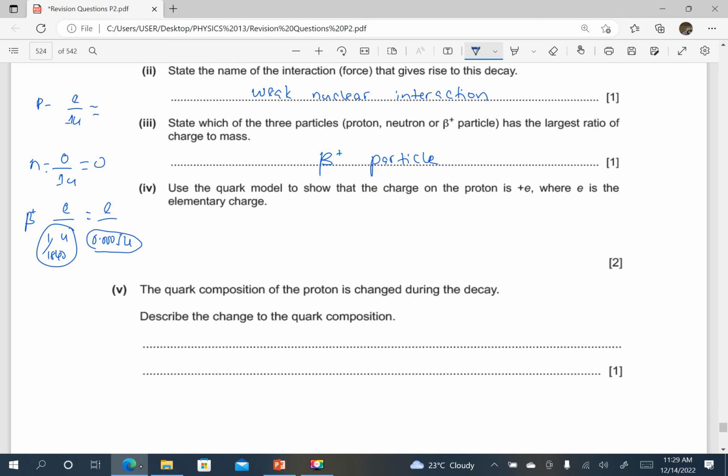Use the quark model to show that the charge on the proton is positive e, where e is the elementary charge. So for a proton, we know that a proton has quarks up, up, and down. So the total charge